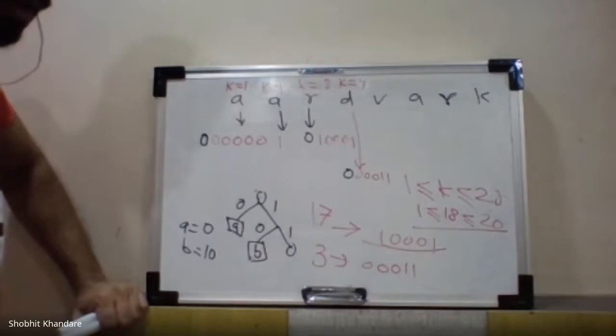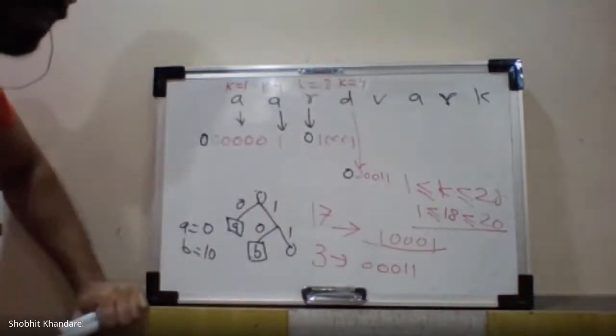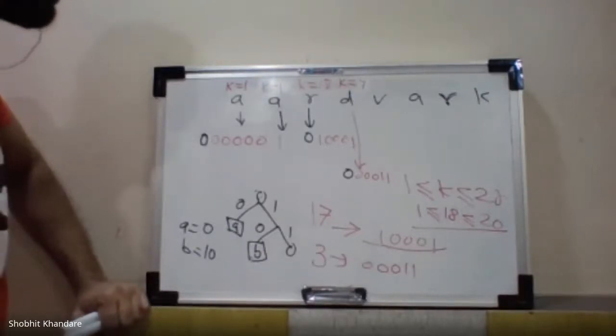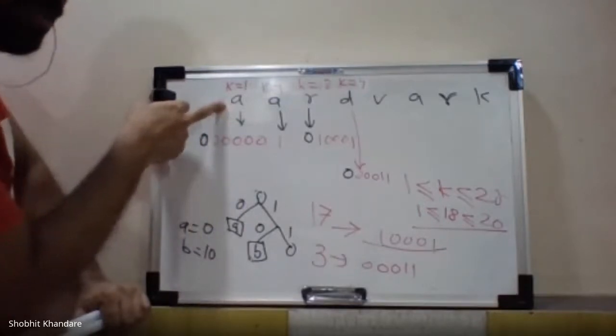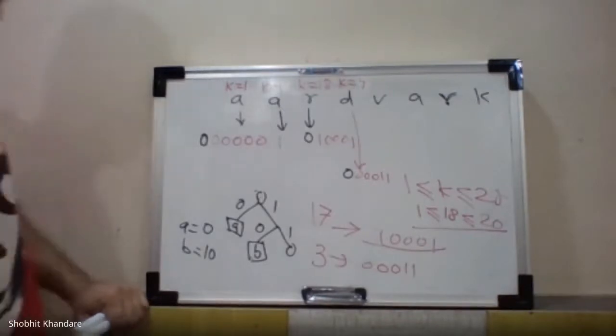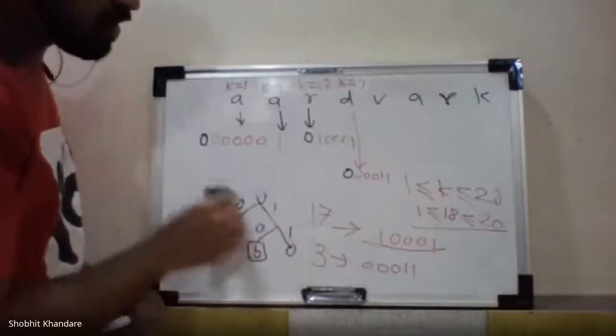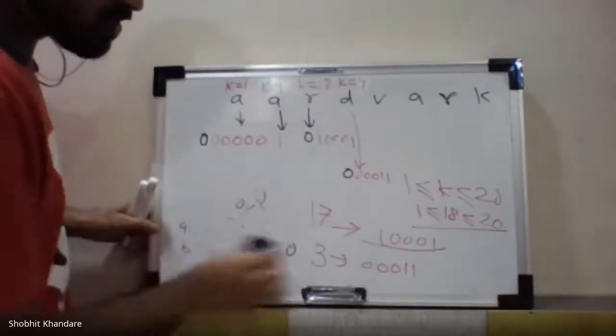So this is the symbol sequence which is given to us. Now the first step says to read the message sequence from the first to the last symbol. So we have started from the first symbol, that is A. Now as far as A is concerned, we have to go with the second step: if the symbol has come for the first time, then send the code for NYT followed by the fixed code. Now, the code for the NYT is 0.